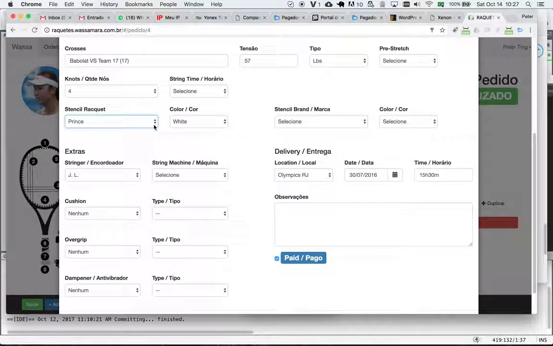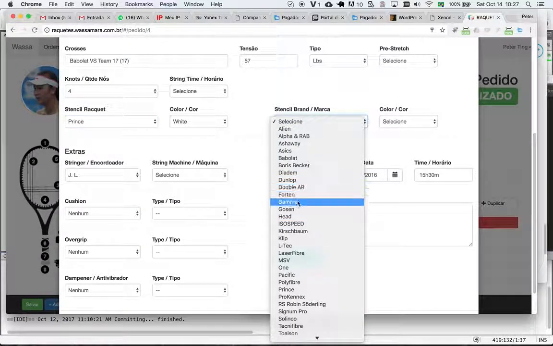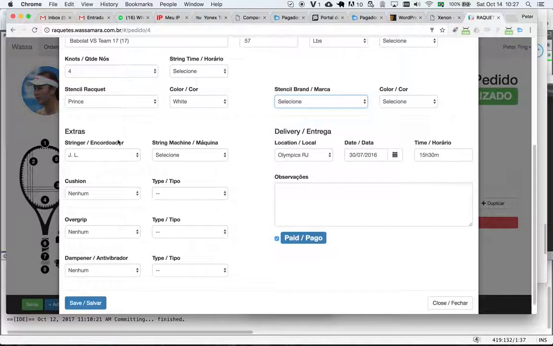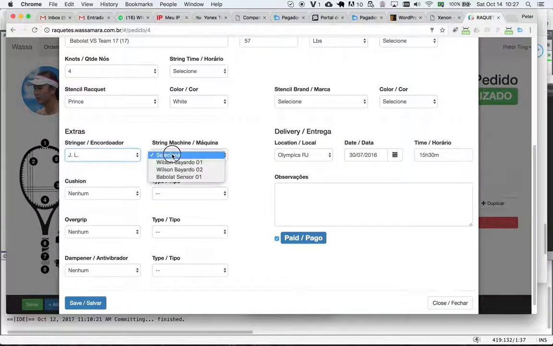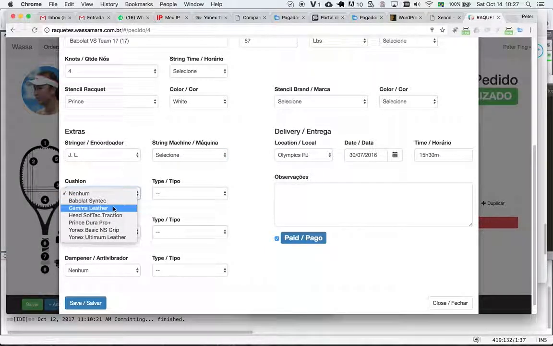if there's going to be any stencil of the brand of the racket. If yes, you choose the brand and the color. If there's to be any stencil of the brand of the string, you choose the string and then the color. Here you're gonna have pre-registered all the stringers in your store. If you have different stringing machines, you can say, okay, so JL is going to string on Babolat Sensor number 1. If you're supposed to put any cushion, like any leather or synthetic leather, you just register it in the,